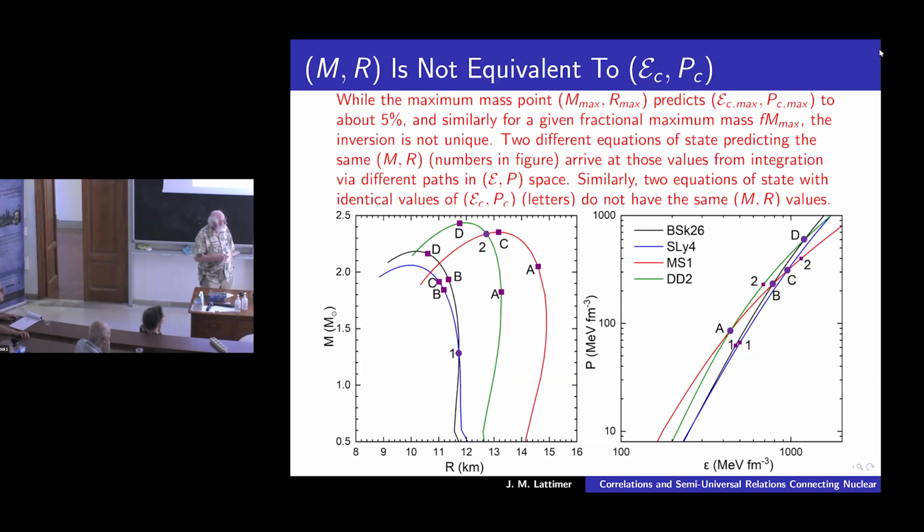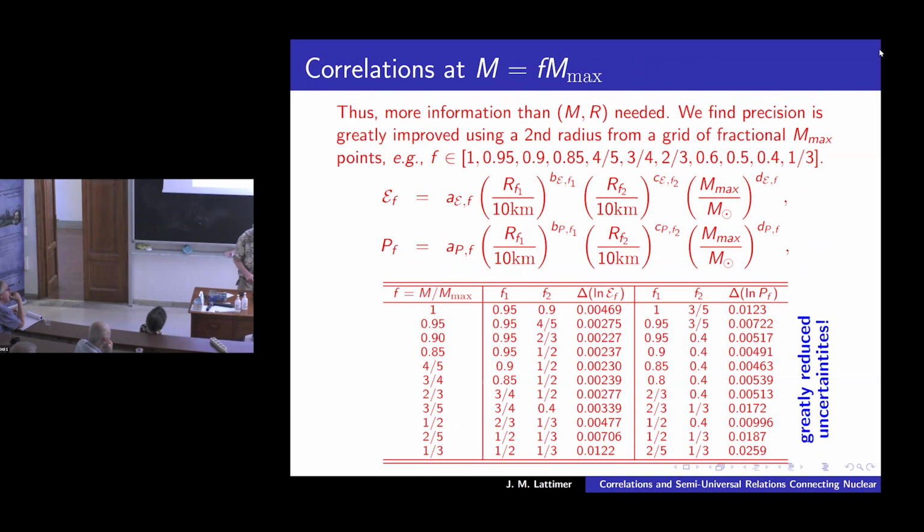But an M and R measurement is not equivalent to a measurement of central energy density and pressure. It can be a reasonable approximation, but you'll never get better than a few percent accuracy in this determination. As you can see here, mass radius curves can cross and pressure energy density curves can cross. And if there was a one-to-one connection between mass and radius and energy density and pressure, for example, this point would not show up as two different places in the pressure energy density graph for these two different equations of state. So you need some sort of additional parameter to